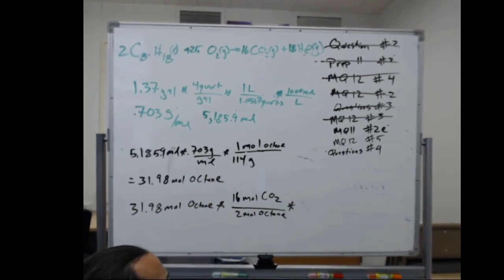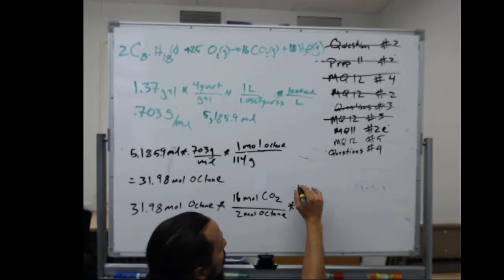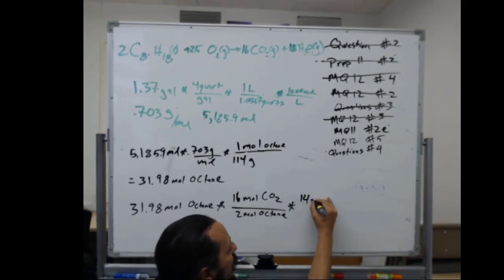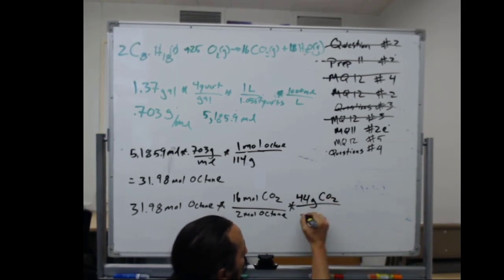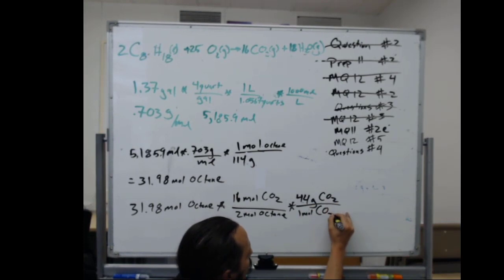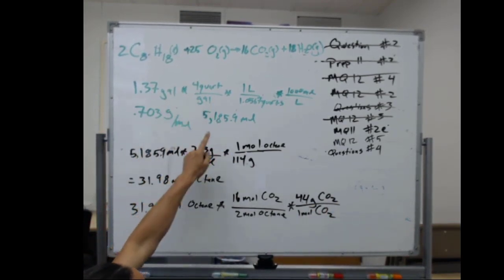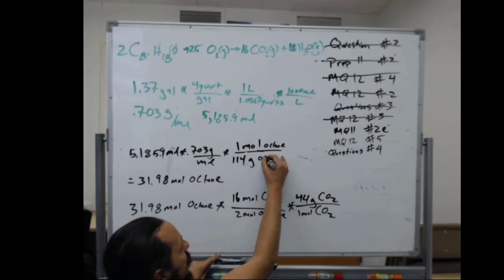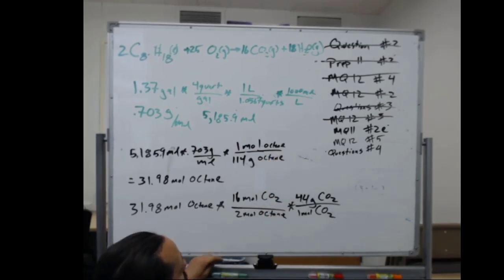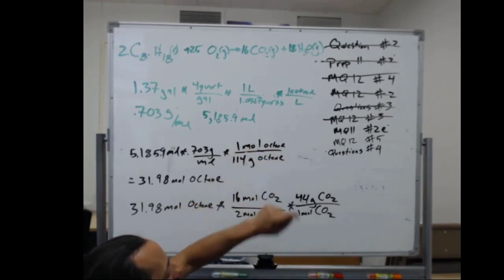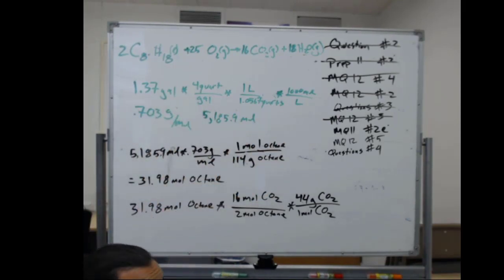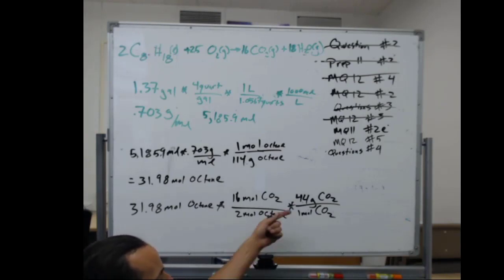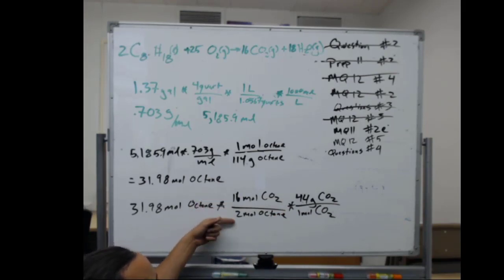I'm going to do an extra step while I'm at it, and do the molecular weight step at the same time. 44 grams CO2 per 1 mole CO2. I was a little bit lazy earlier, but I really encourage you to be specific with your units. Grams of what, moles of what. Because, as you notice, we've got 4 different components in this reaction, and it becomes really easy to lose track of which compound you're talking about in terms of grams and moles. Even with the mole ratio,